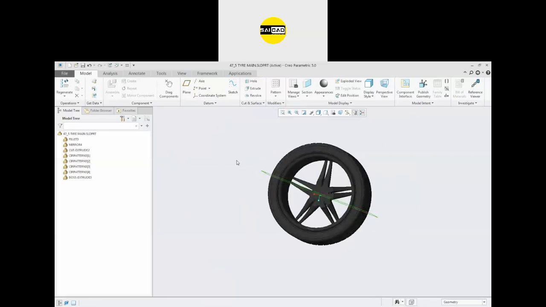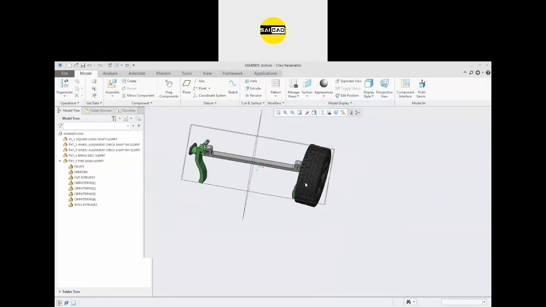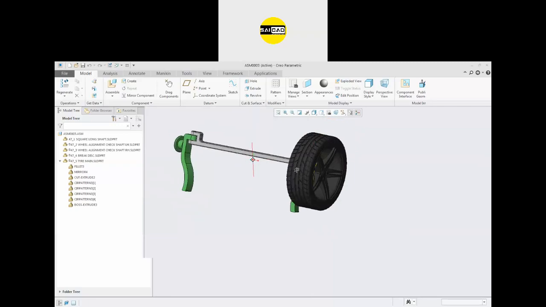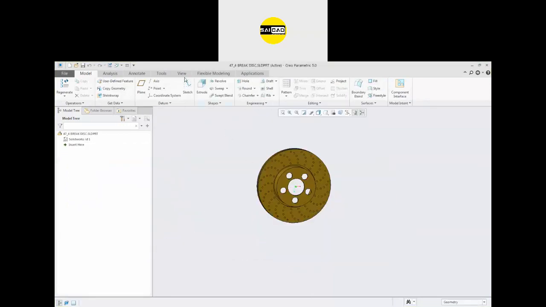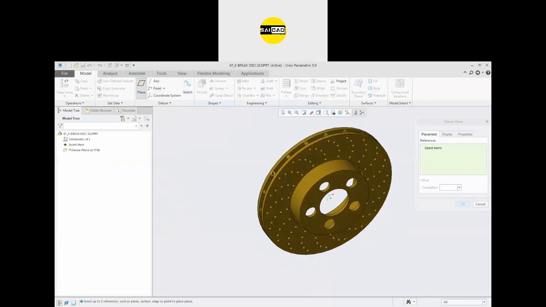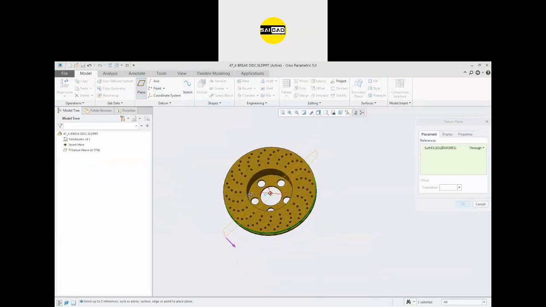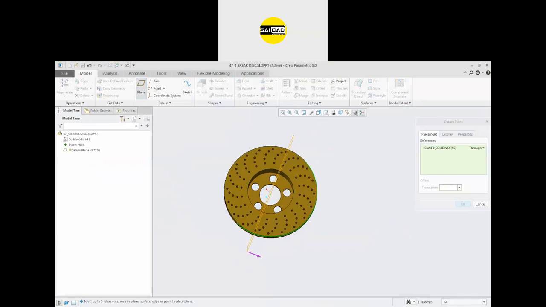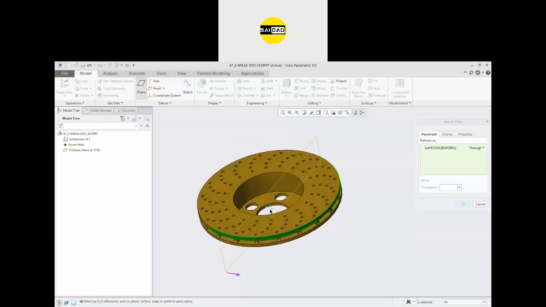So save it, close it, and there is the plane now. To define the plane for the inner part, open that, go to the plane, select the circular axis. You can see it will directly create a plane in the middle because we have two options here. Okay, but it is not going to complete this because we have to select the second reference also.